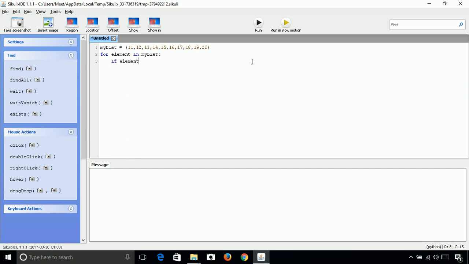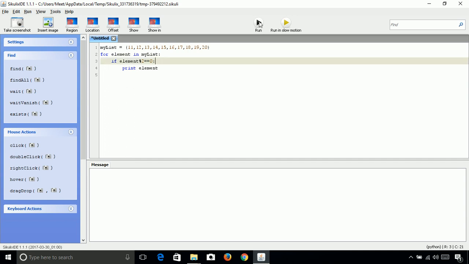With the if condition: if element modulo 2 equal to 0, then print the element. If the number modulo 2 is 0, that means the number is even, so we are printing that number. Otherwise we don't have to take any action, so let us ignore that and move over the loop.